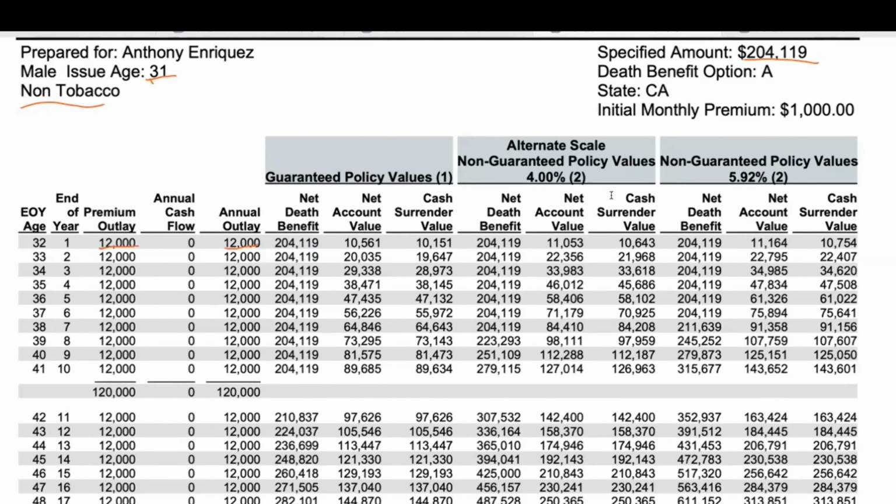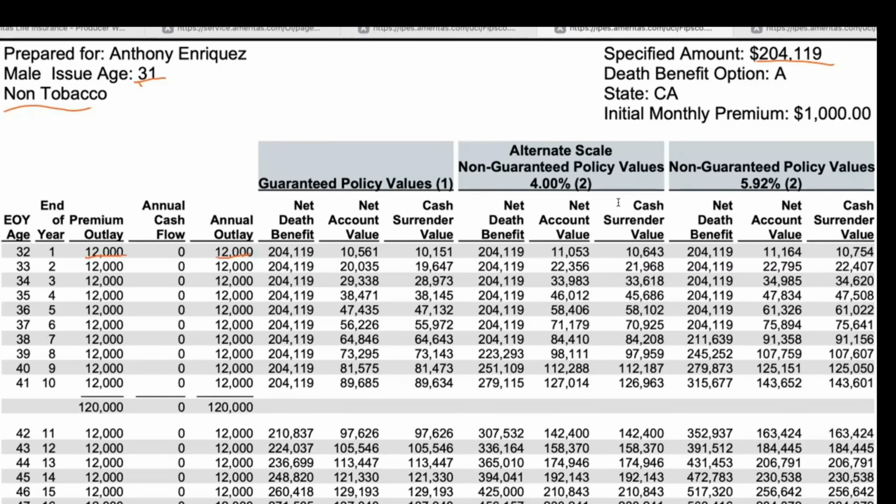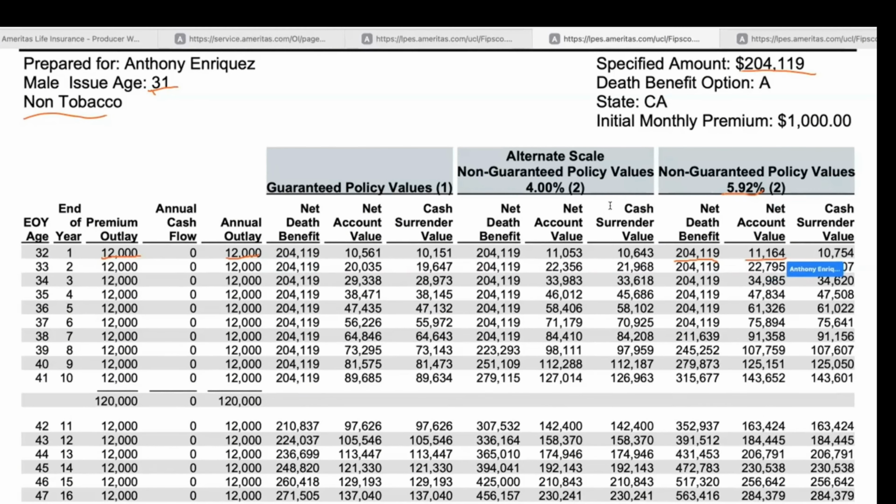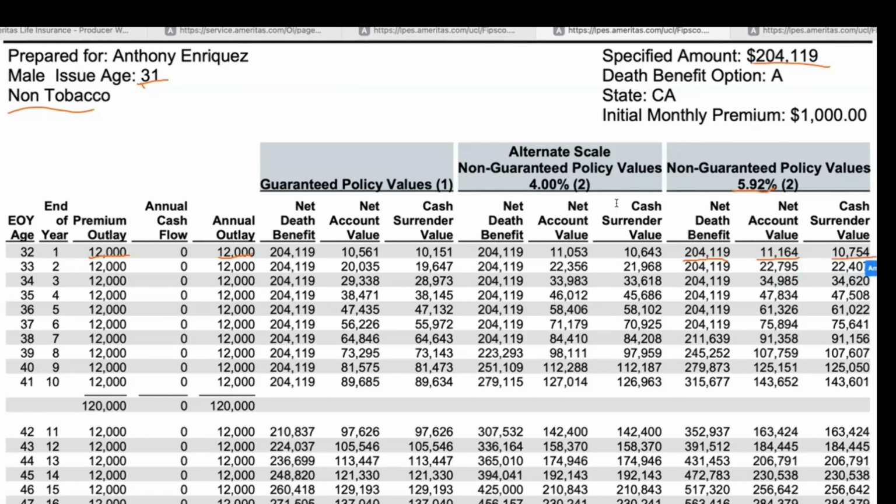And let's jump over to the assumed value from the index, 5.92%. One of the major differences, by lowering our death benefit, two things are going to occur. We're paying naturally for less cost because we have a lower death benefit, so we have more net account value, as well as our cash surrender value is extremely higher,